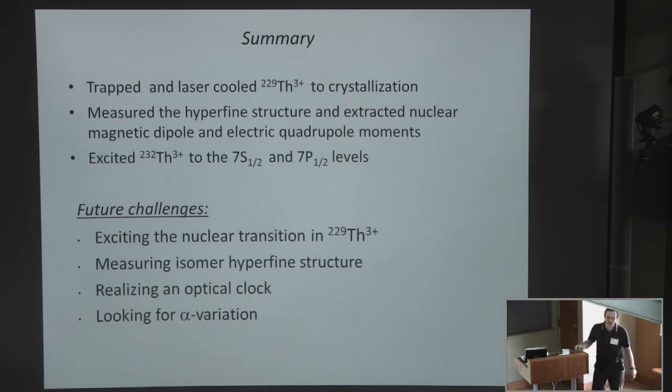So to summarize, we've trapped and laser-cooled thorium-229 in our trap. We've measured the hyperfine structure and extracted magnetic dipole and electric quadrupole moments from these measurements. And we've excited the atom into the 7p 1/2 level, which is the starting point of the electron bridge. We've done it in the 232 isotope. So now we need to repeat this in the 229 isotope, and hopefully we will be able to excite the nuclear